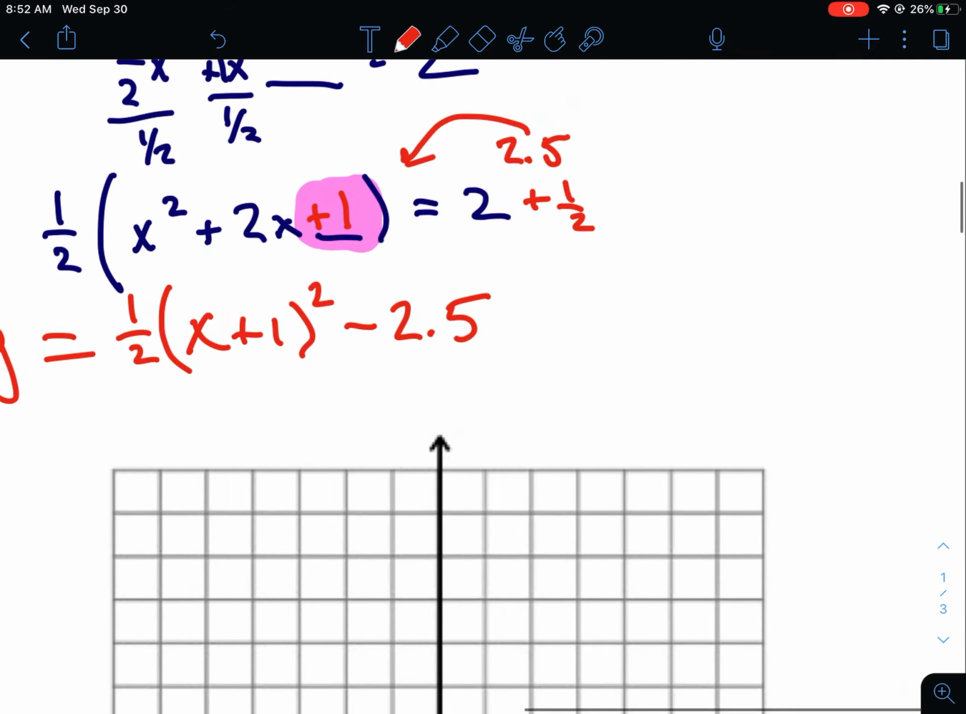So my vertex, I do have to label my vertex here. My vertex is going to be your h and k. Don't forget that the h has to be opposite signs, so it's actually -1,